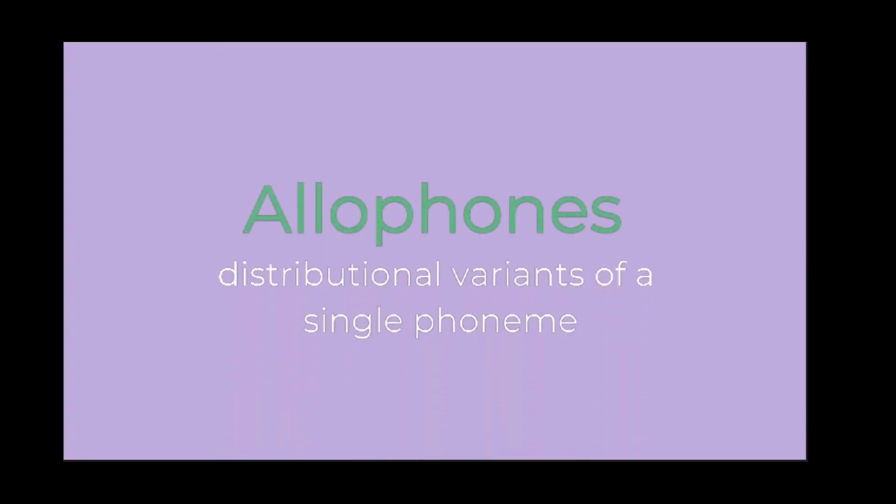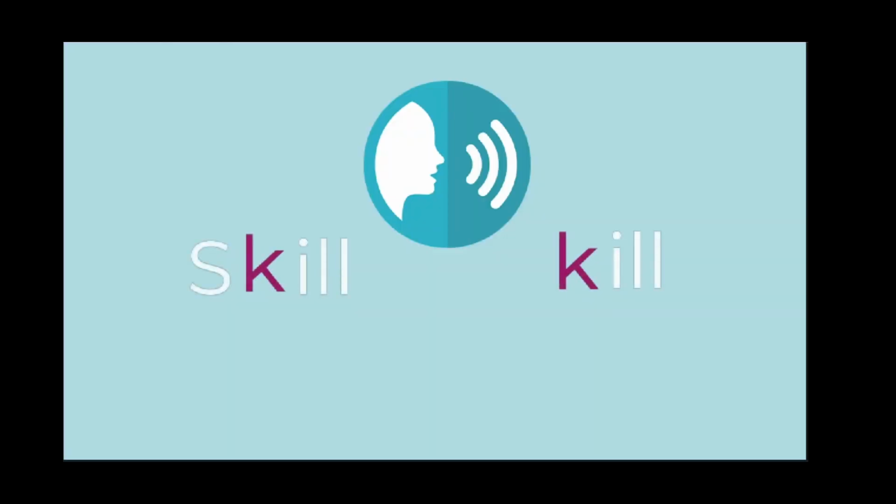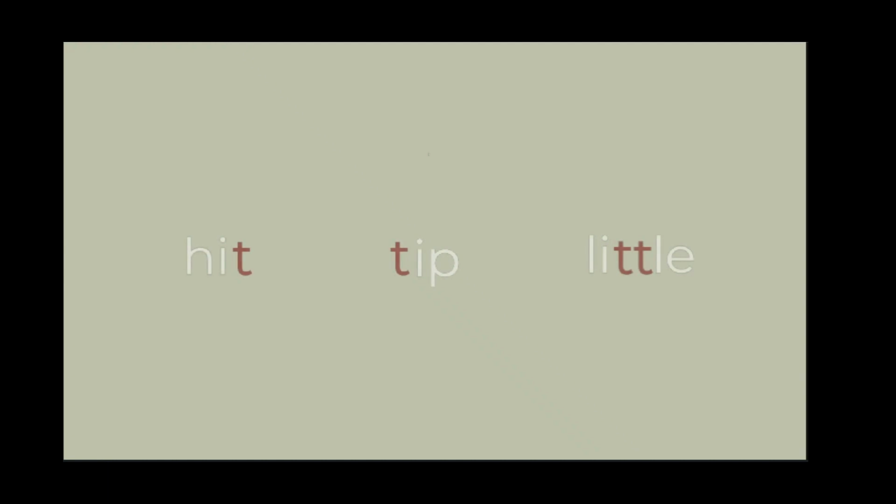Allophones are distributional variants of a single phoneme. For example, kill is aspirated. Its pronunciation is accompanied by an explosive puff of air, with a palm held in front of the mouth. Skill is demonstrably pronounced unaspirated. And in English, the T sounds in the words hit, tip, and little are allophones. Phonemically, they are considered to be the same sound, although they are different phonetically in terms of aspiration, voicing, and